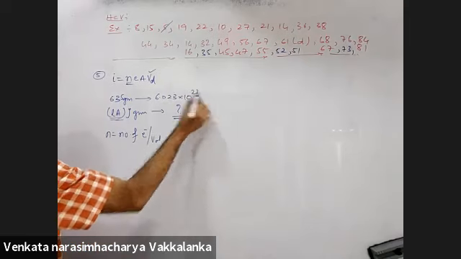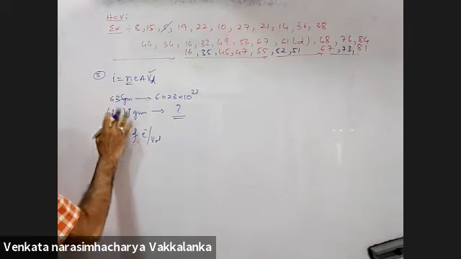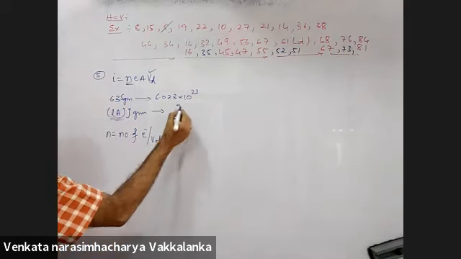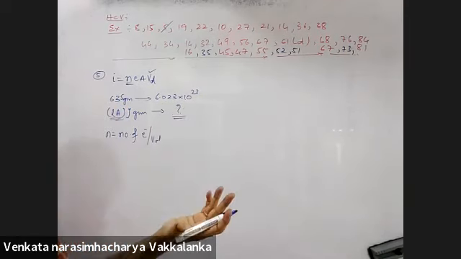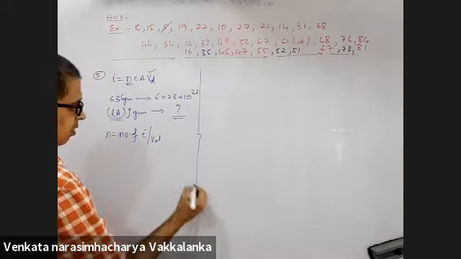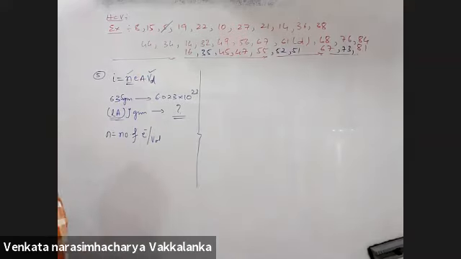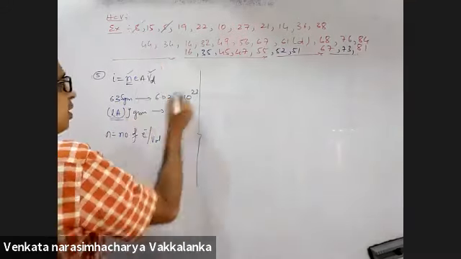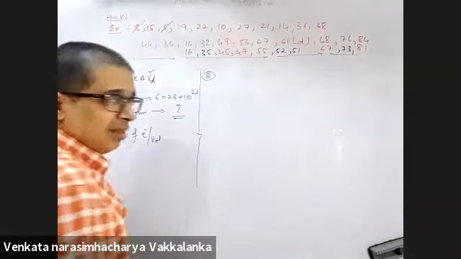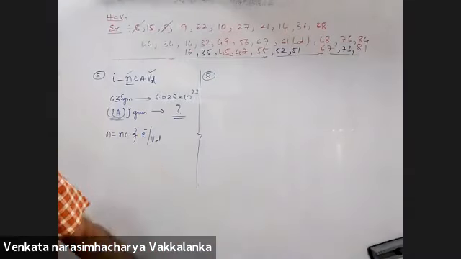This is the total number. Small n, how do I get? Divide by the volume. So LA will get cancelled. Once I get small n, you substitute here, will I get VD? Yes. All these we are taught in chemistry. Starting when you joined, when you were born, chemistry में ये सब पढ़ाया गया है.